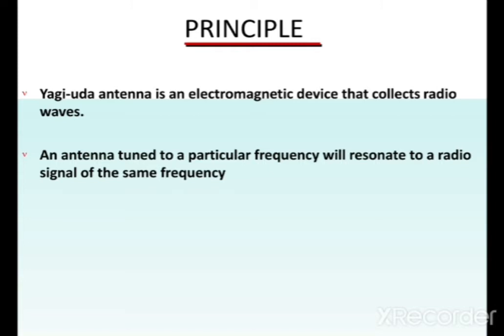Now we come to the director. What is the director? This is also a parasitic element, which is 5% shorter than the driven element. It receives energy and tends to increase radiation in its own direction, and therefore behaves like a convergent or convex lens, and this element is called the director. A number of directors are placed to increase the directivity of the beam.